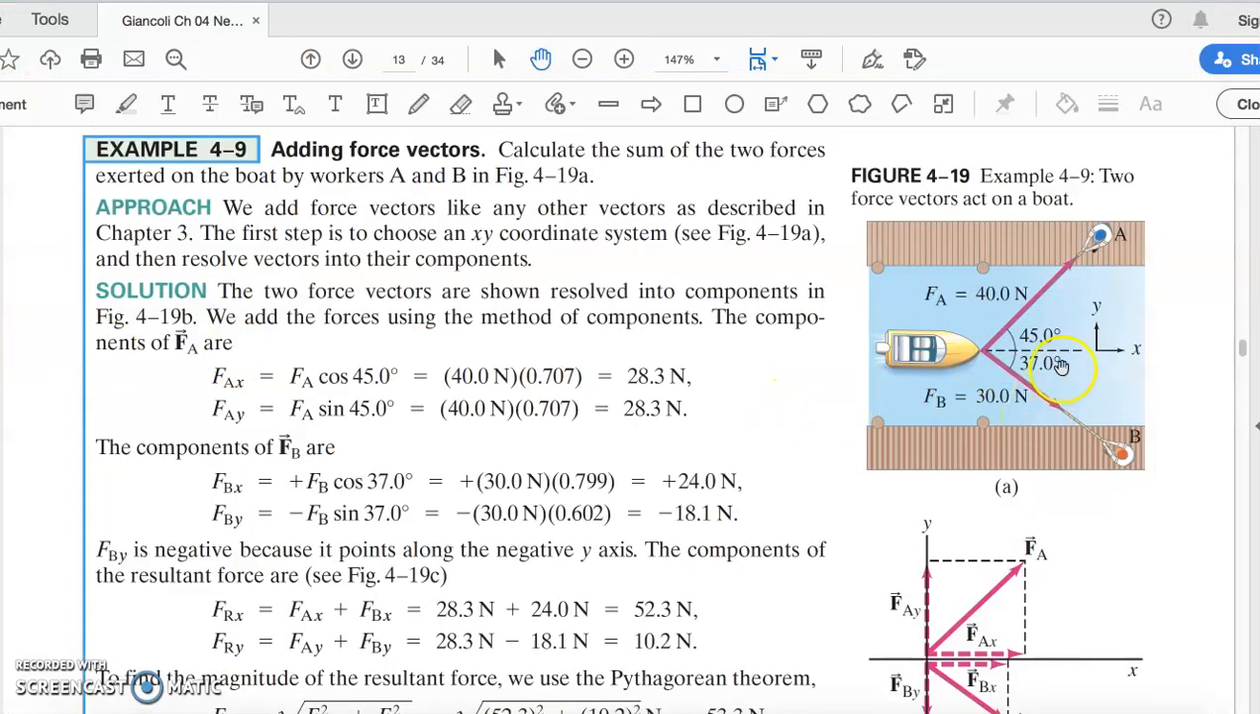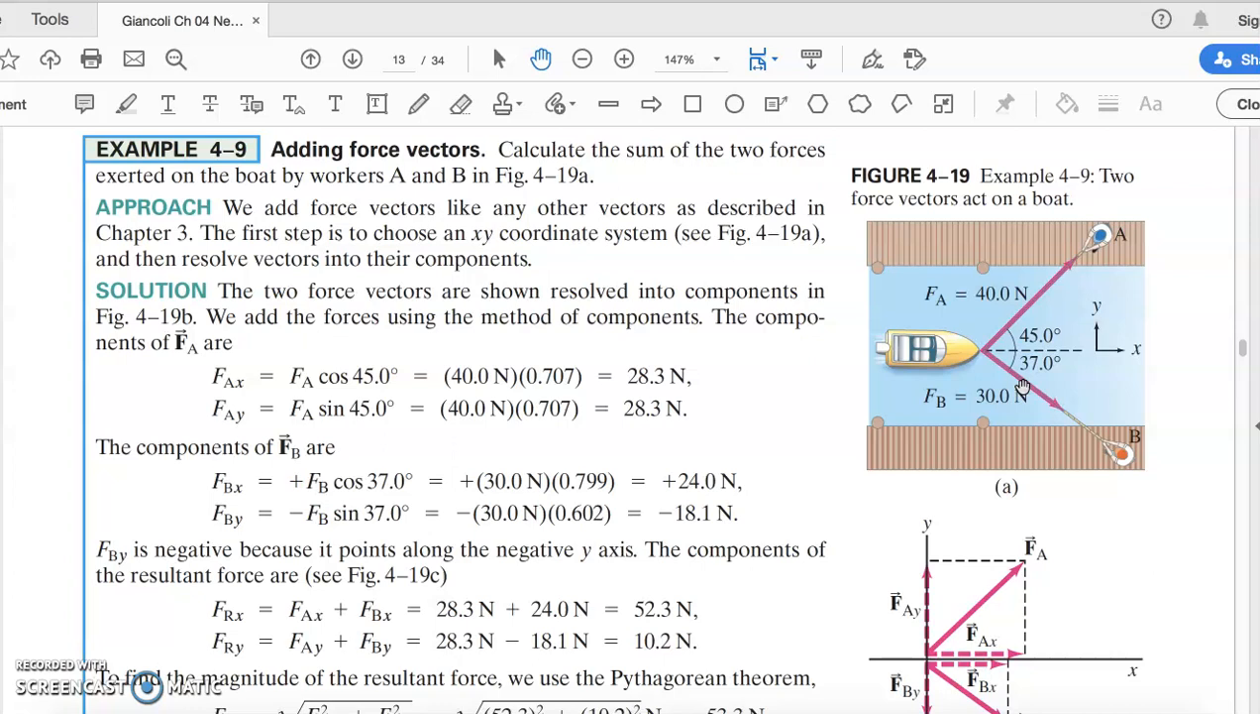So what is theta A? It is a simple 45 degrees. But what is theta B? If you remember, we can say it's 360 minus 37. And let me calculate that. You remember the thing that we are following, that we need the angle